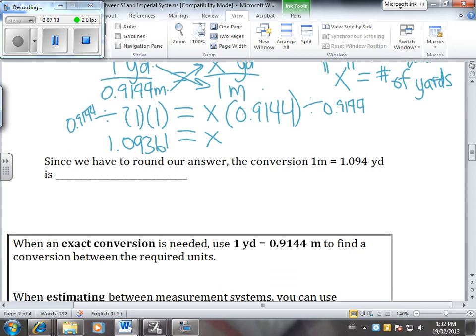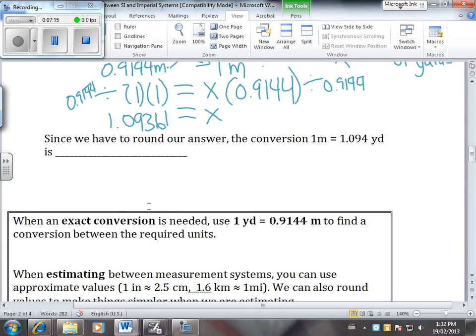And since we have to round our answer, the conversion 1 meter equals 1.094 yards is not